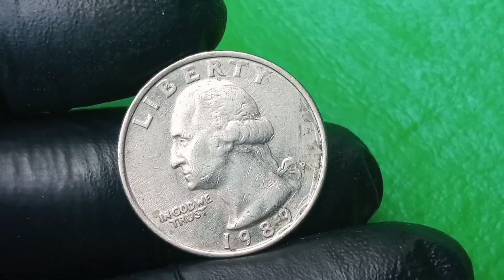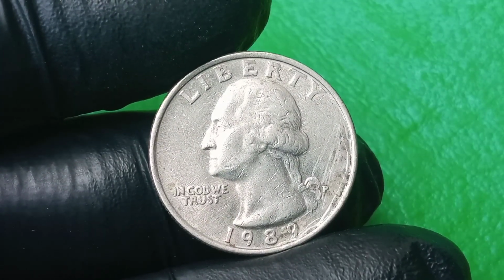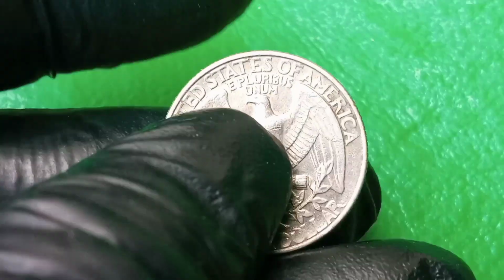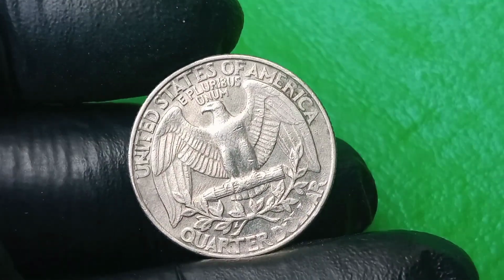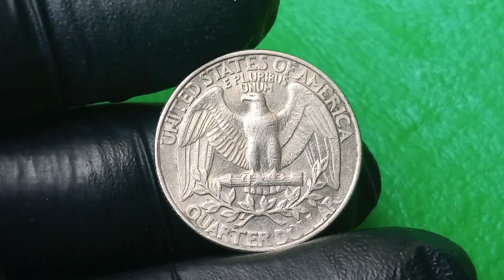And while most of those coins are caught and destroyed during inspection, a very small number slip through and reach circulation, creating the ultra-rare phenomena that collectors live for. And this coin, the 1989 P-quarter dollar with its mind-blowing list of errors, is now considered a black swan event